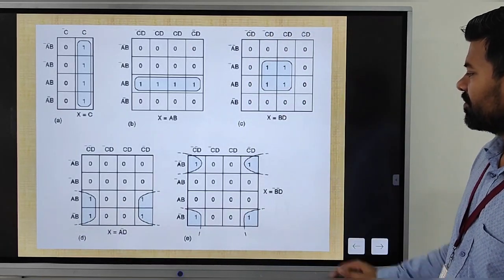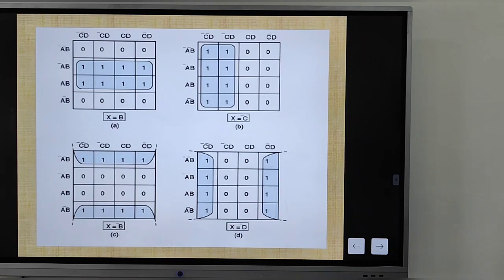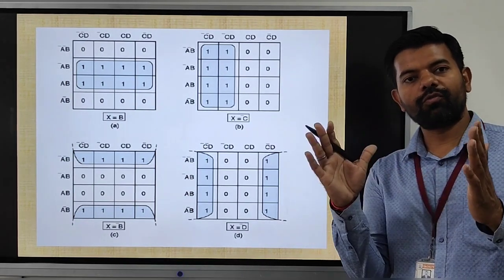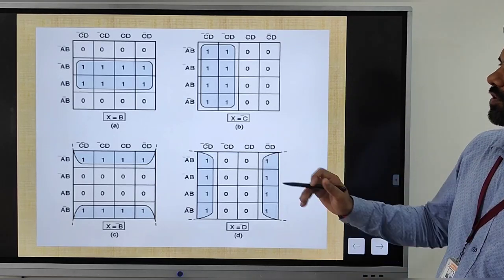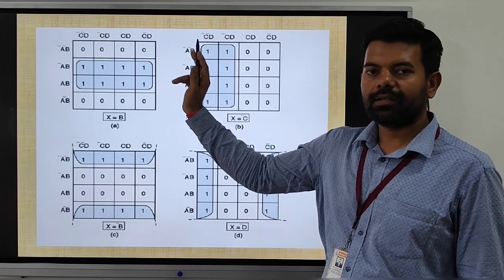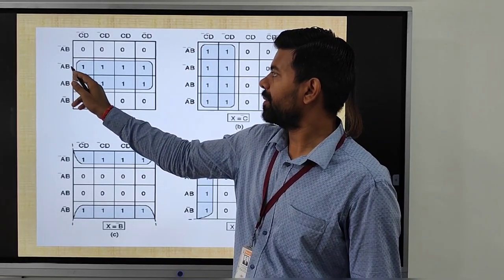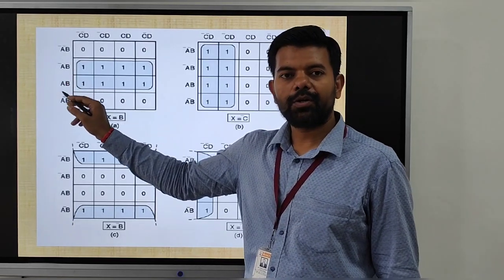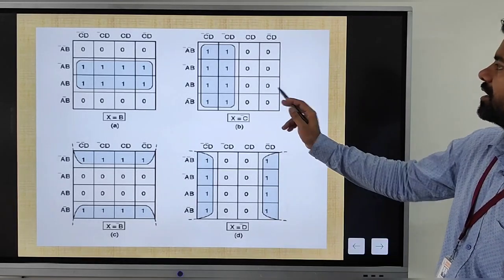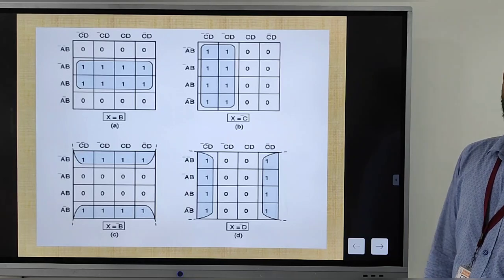Similarly, in this case, now we will see the octa. Okay, how we will loop the 4 ones. When we loop the 4 ones, see what is happening. These all are complementing each other, so we just eliminate it. From here we see A bar B, AB, A bar to A. So we eliminate A, we write only B. Similarly in this case, this is the 8 ones that we have looped.